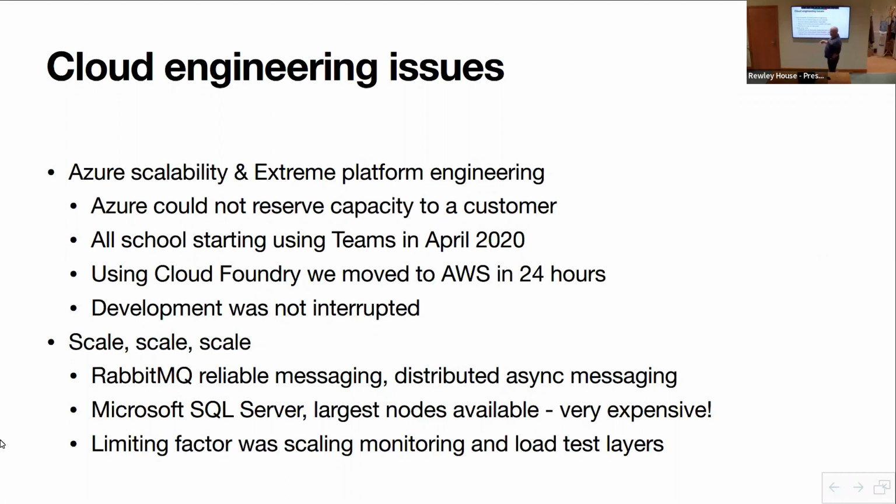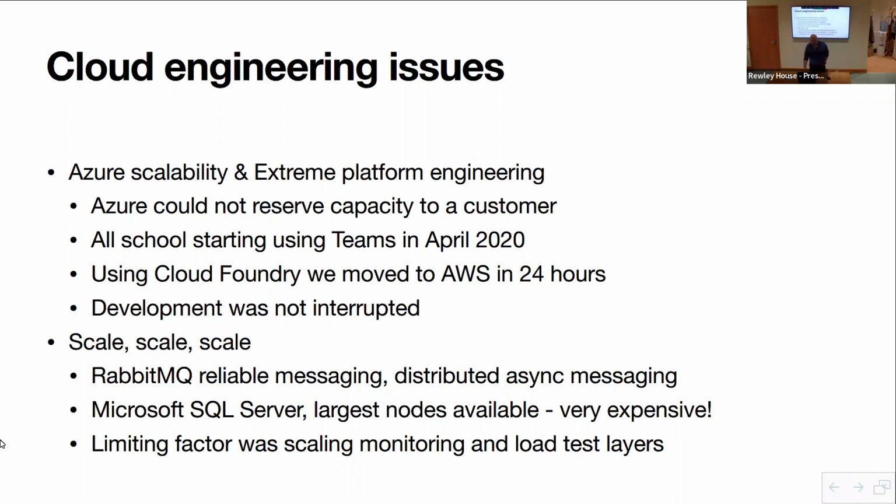We decided to use SQL Server because we wanted a trusted database. Now, I wrote NoSQL for Dummies, but I was not going to use some of those databases for this. So one of the things was, I need this scale. And Microsoft went, look, you need the biggest SQL server that we've ever built. You need 5 nodes of it. I was like, cool, let's go do that. Turns out we burn $1.5 million a week on data. But that was necessary because of the amount of load testing we were doing. So it sounds an insane amount, but when you do it as a percentage of GDP, it's not actually that much.